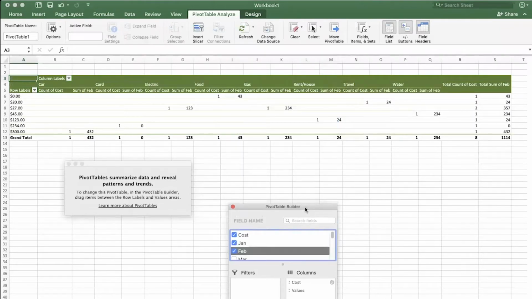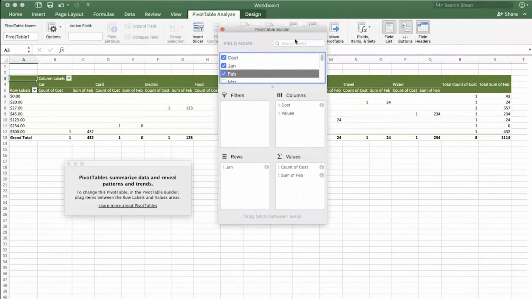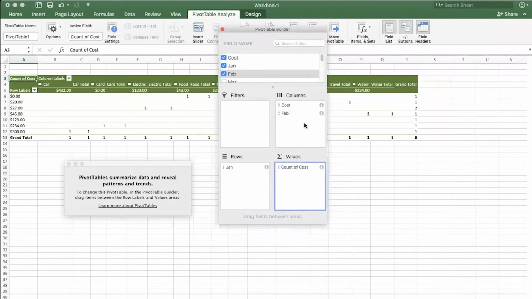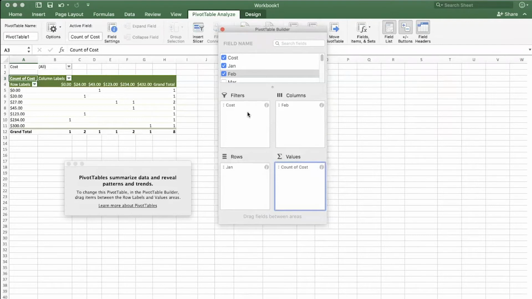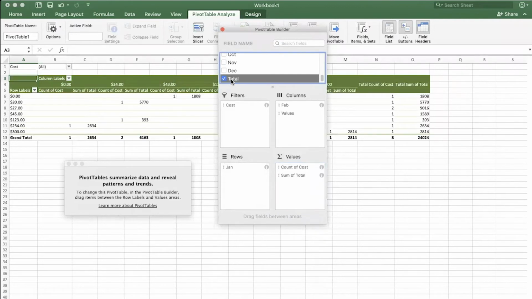Notice it drops in February, but it drops in February as a value. I don't want that. I want it as a column. And count of cost, it dropped in there automatically. I'll just take that out, maybe make that a filter. And maybe for the values, I just want the totals.